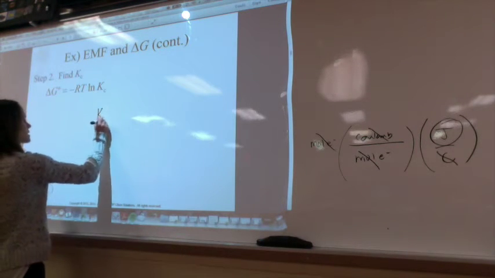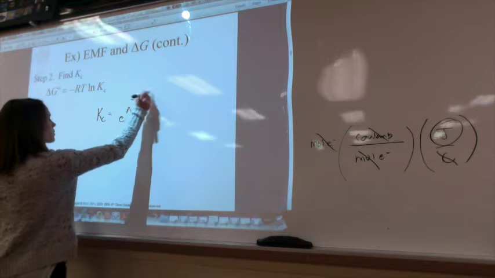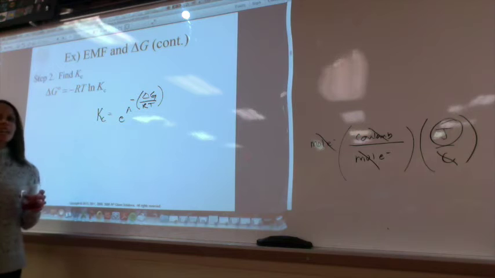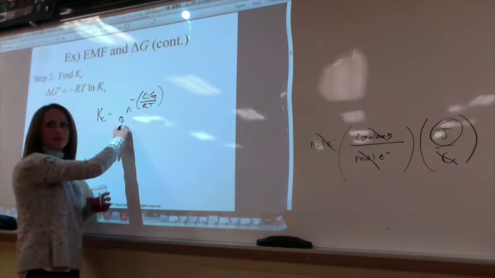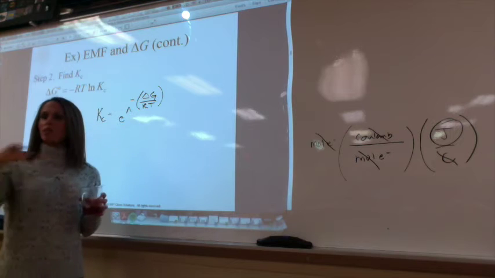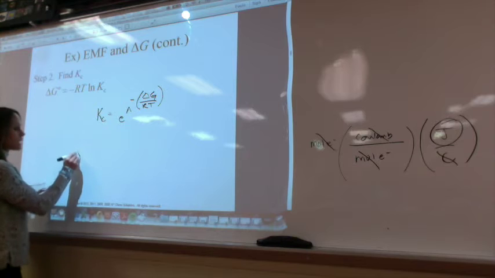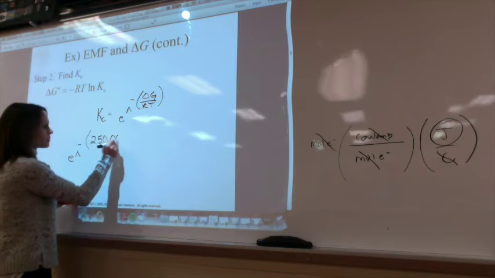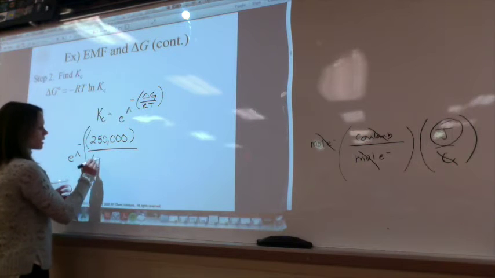So we know that Kc is going to be equal to e raised to the negative, and then I'm going to put this all in parentheses, delta G over RT. Right? The negative goes on the outside. Because if delta G is negative, then this overall value becomes positive, and remember that this is 2.7 raised to a big power, which would give me a K greater than 1. So it needs to be in parentheses. So this would be e to the negative 250,000 joules. I'm going to put this all in parentheses. And then Julia,